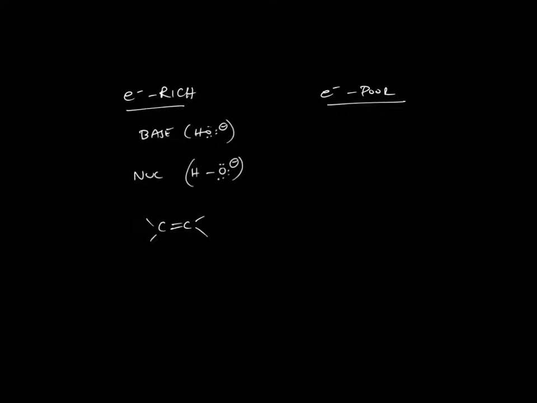An electron-poor species is something like an H+, or more often, an H attached to a leaving group, because the electrons are being pulled away, so that H doesn't have enough. It could also be a carbon attached to a leaving group, which we would usually call an electrophile, because the electrons are being pulled away. It could also be a carbon in a carbonyl, because the electrons are being pulled away,